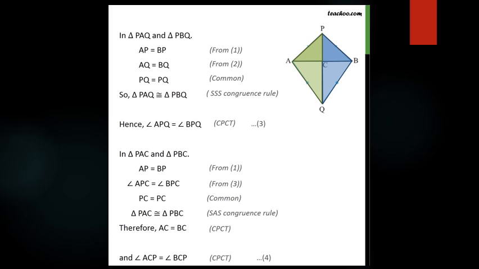Now once we have shown these two triangles are congruent, we can say AC equals BC using the property CPCT. Now to prove AC equals BC, we needed this particular set of angles. Hence we have shown the congruence of the first triangle. So moving on, once we have shown that AC equals BC, that means the bisector part is done. To complete the perpendicular part, we need to prove further. Angle ACP equals BCP by CPCT, and mark it as equation 4.